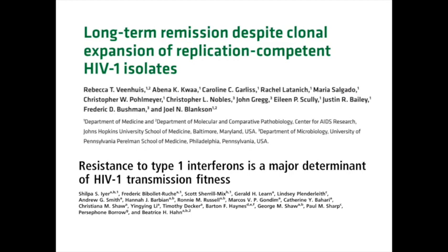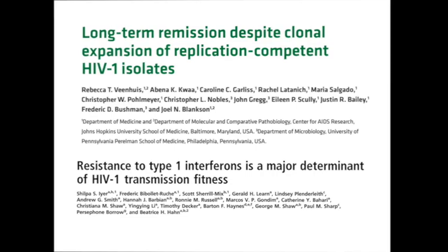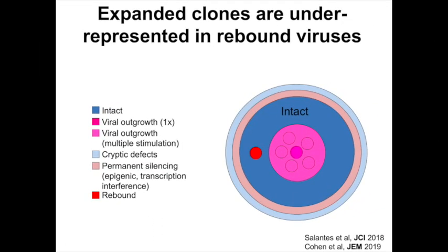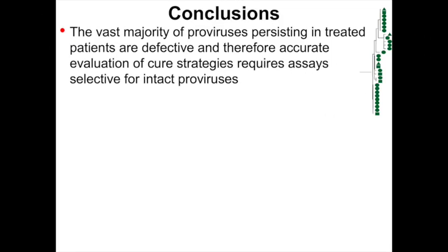So it could be some type of cytolytic T-cell or innate immune response that is actually controlling some of the viruses in the reservoir. If we could figure out how to extend that control to all of the viruses, then we would have a functional cure. So let me just conclude that the vast majority of proviruses persisting in treated patients are defective and